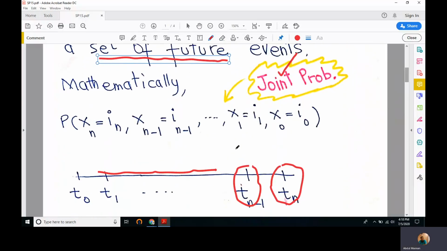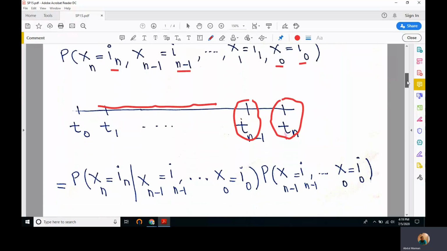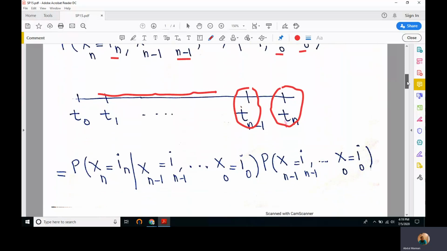Suppose we start from time 0 and we go up to time n. We want to find out the probability that the process is at state in at time n, at state in-1 at time n-1, and at state i0 at time 0, right? This can also be written as